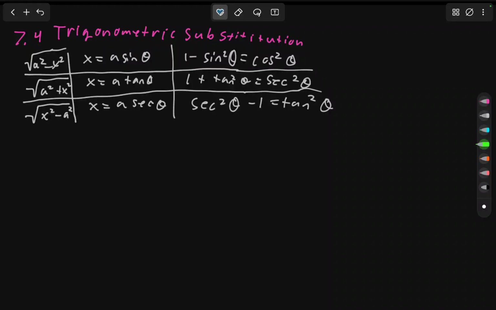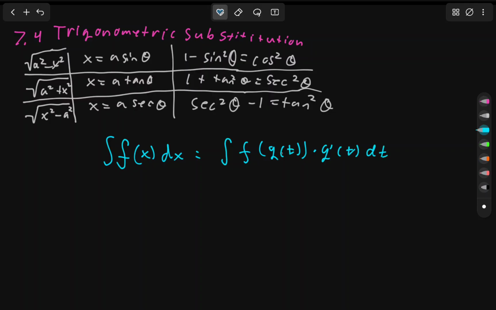So, sometimes in math, we have to convert expressions to evaluate into different expressions to evaluate certain integrals. For example, you may not know what the integral of f of x dx is, but, and this is a really cool but, you might know what the integral of f of g of t times g prime of t